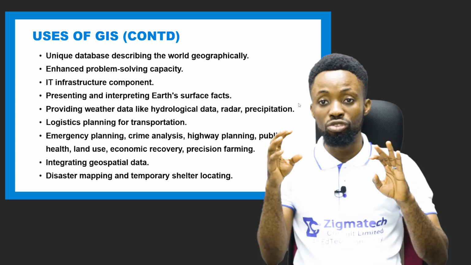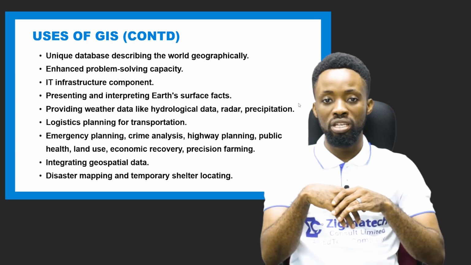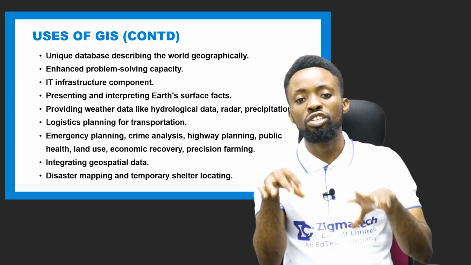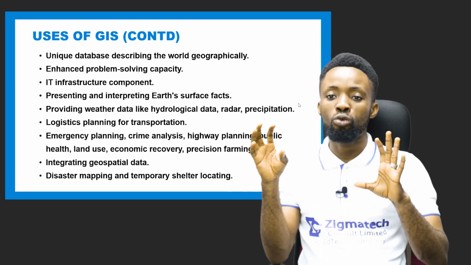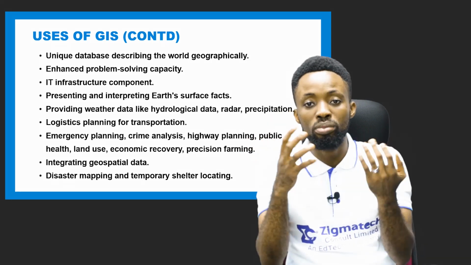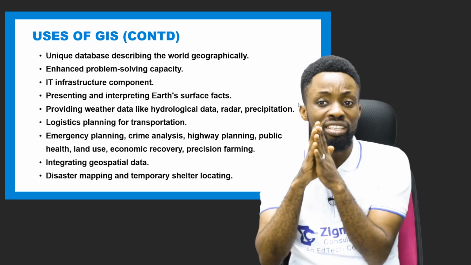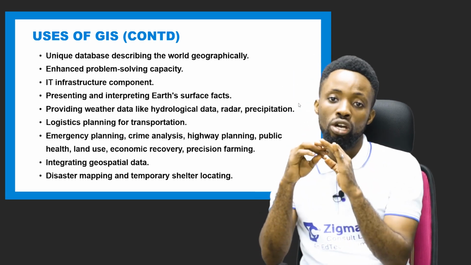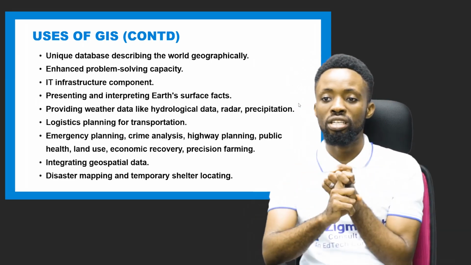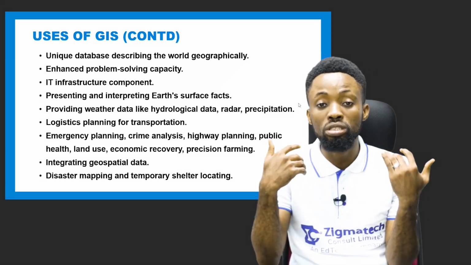So with the help of GIS, we can easily tackle issues disturbing the earth's surface, like global warming, the greenhouse effect and the rest. We solve this problem of climate change with the help of GIS, because it helps us to understand our earth and places better. And GIS is also an important aspect of IT infrastructure. We need GIS in information technology, and it helps us to get facts about the earth's surface, and understand these facts.